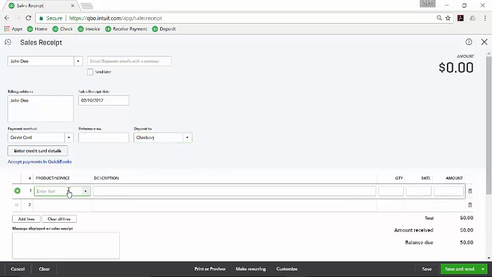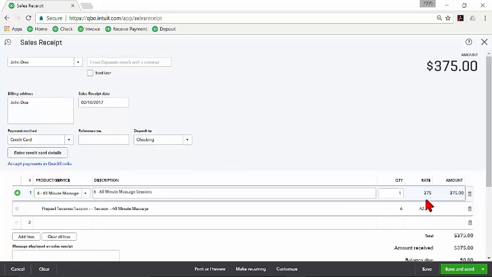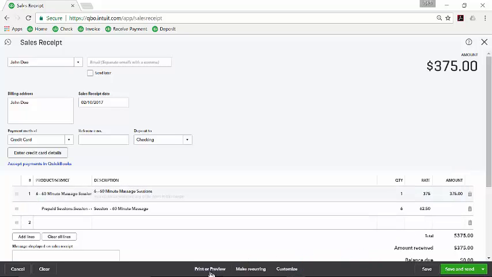So right under here in the product and services grid, I'm going to enter in that 60-minute massage and see that it charged our customer $375. Now I just want to show you something real quick. If I click on print or preview,